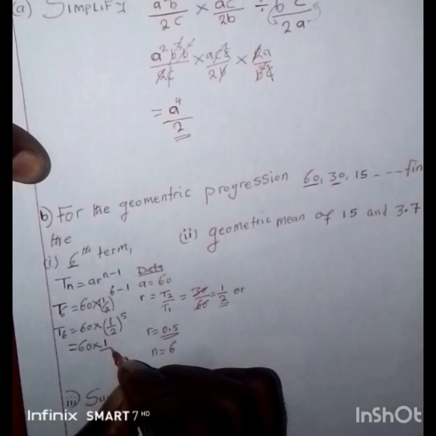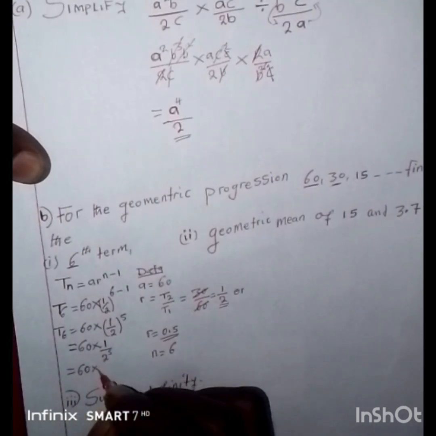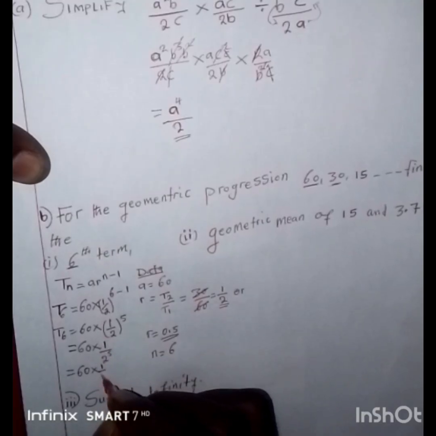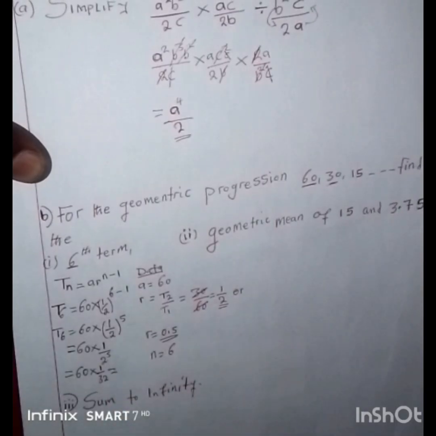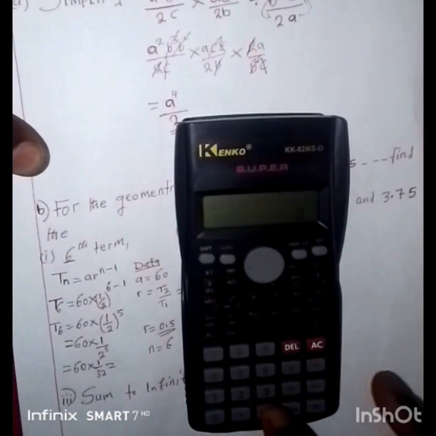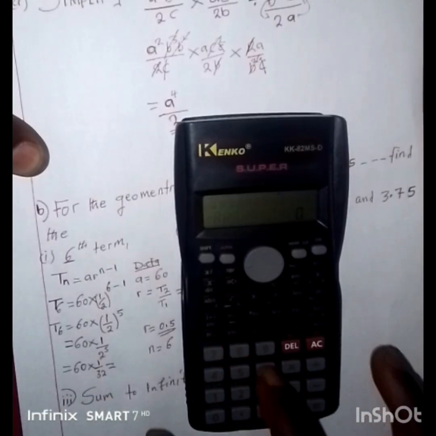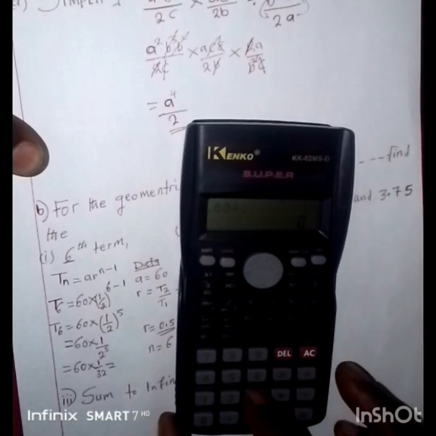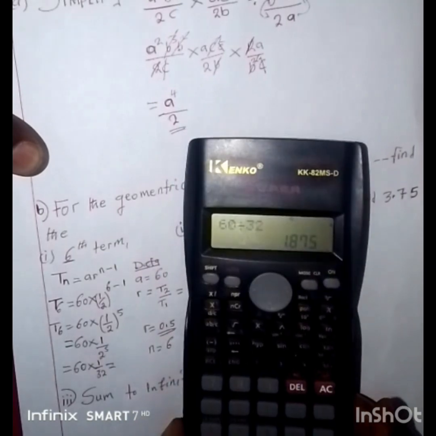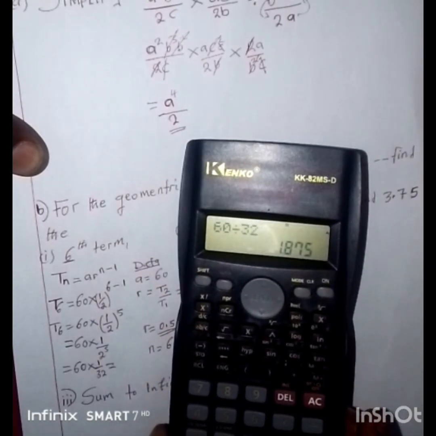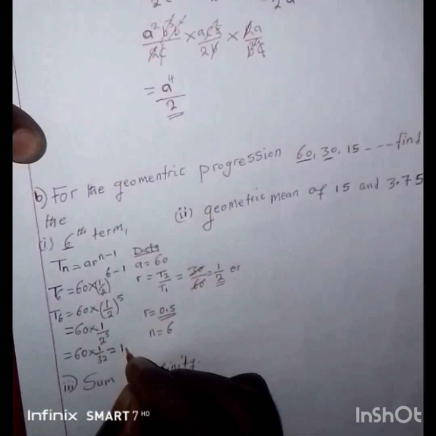1 to the power 5 is 1, over 2 to the power 5, which is 60 multiplied by, what is 2 to the power 5? It is 32. So when you multiply 60 times 1 over 32, that is just the same as 60 divided by 32. And we're going to have 1.875. So to correct to 3 significant figures, we're going to have 1.88,